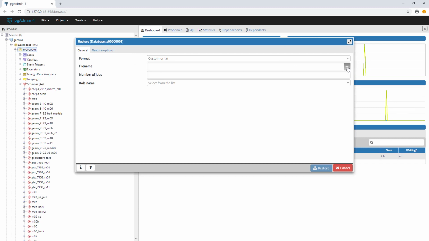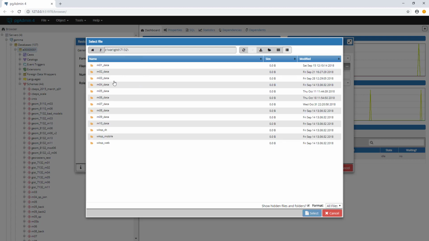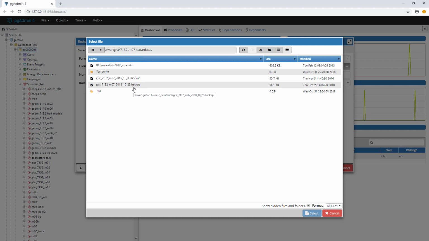I'm going to search for a file, and I've copied these files from J over to my H. You could try loading it here, but I'm going to do it from my Z drive. And I'll click in here, and I'm after this latest backup file for 2008-10-25. So I'm going to select that,